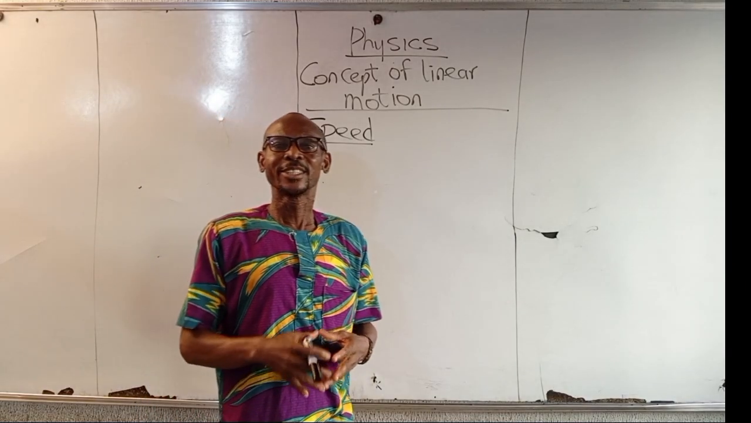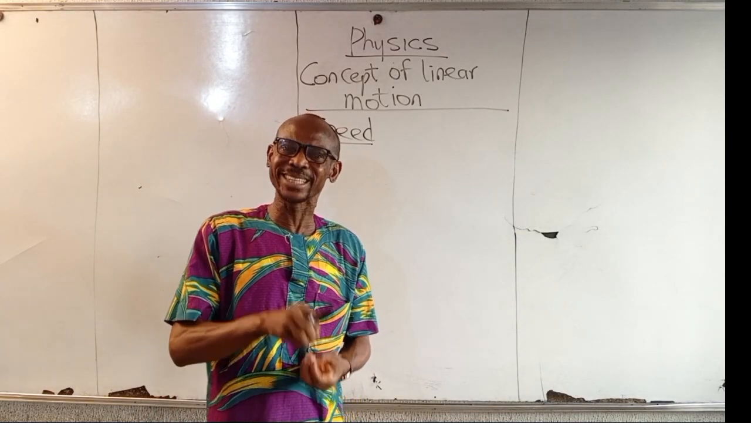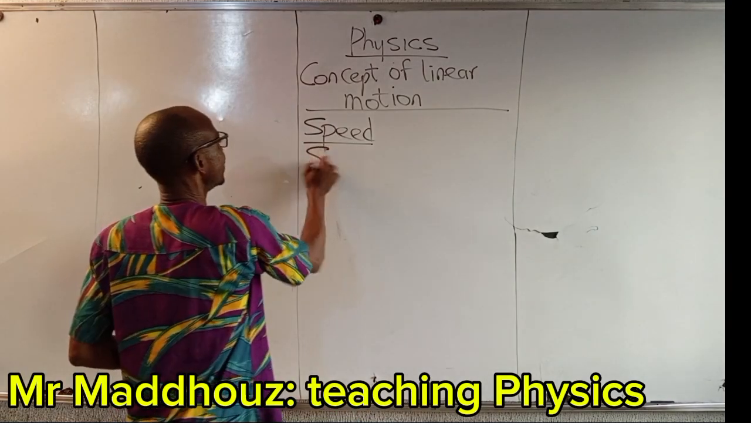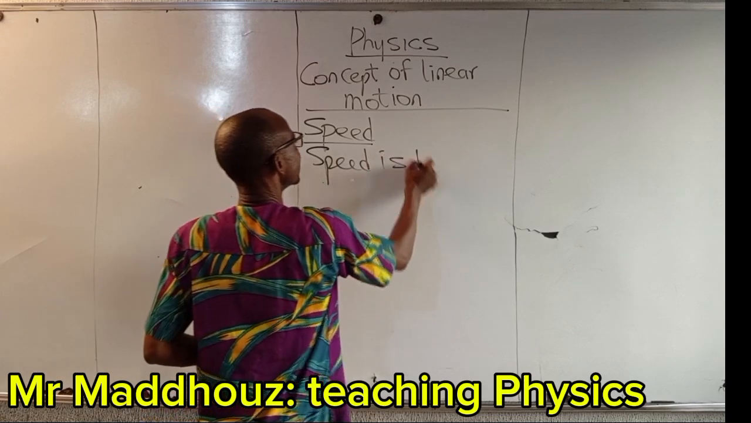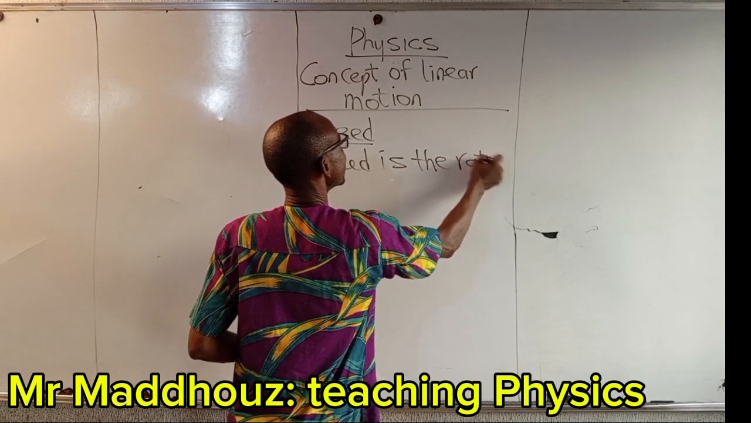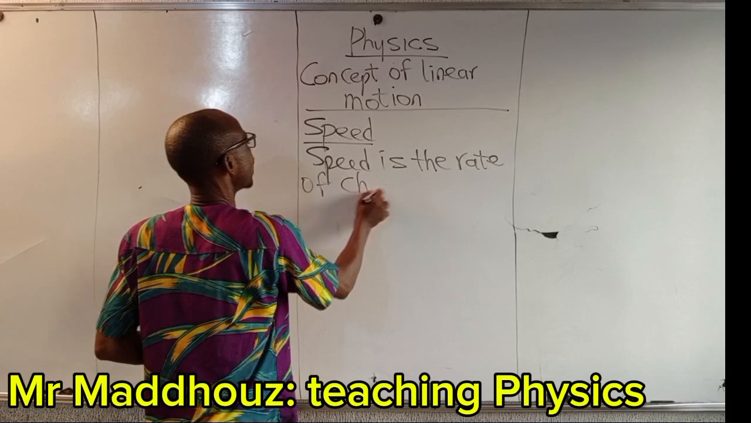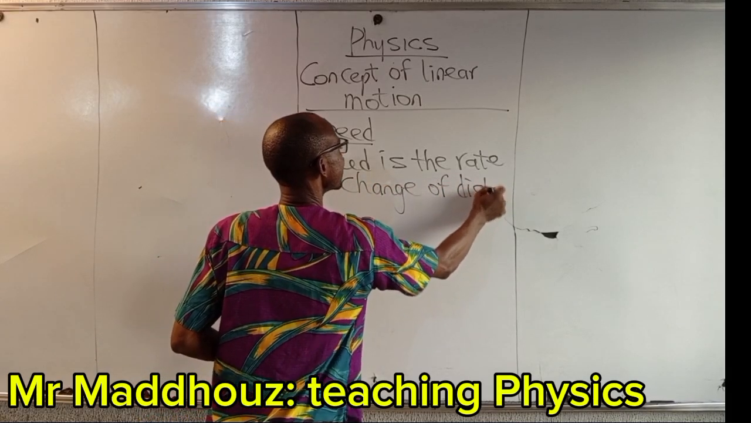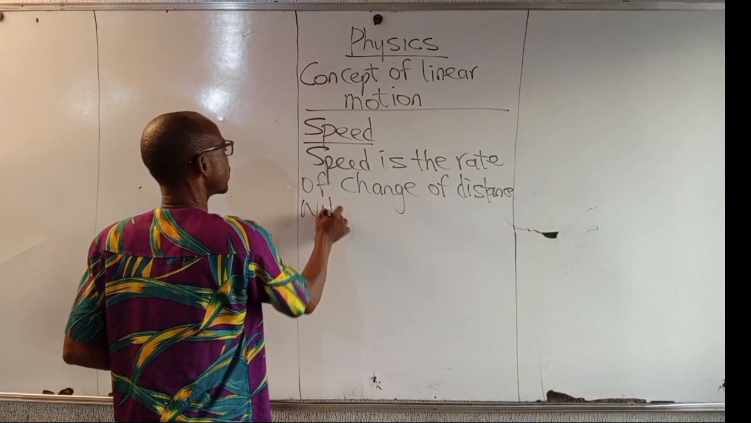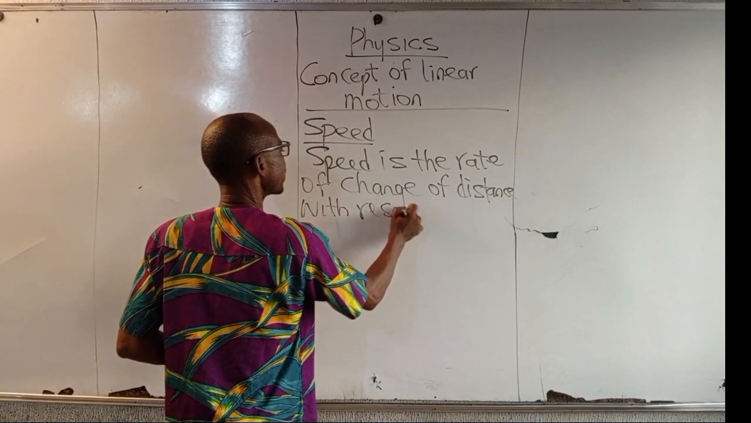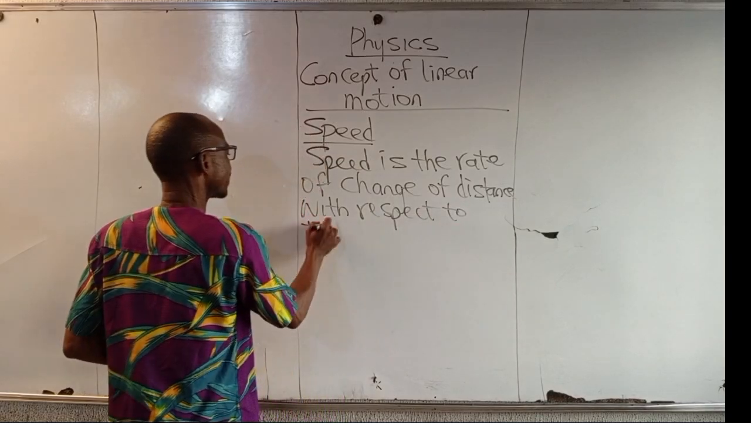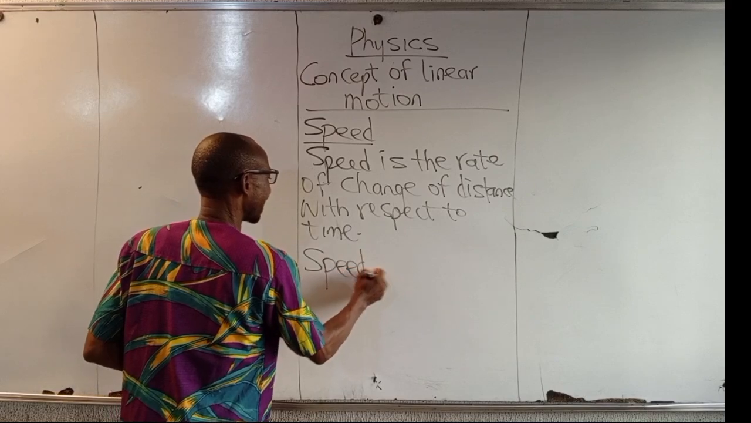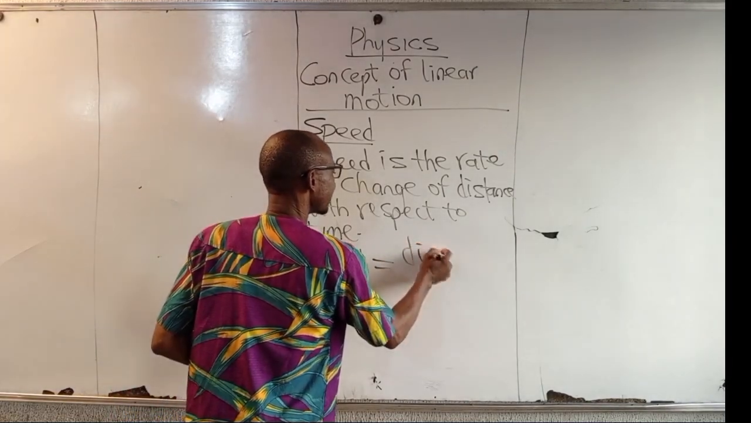Speed is the rate of change of distance with respect to time. Speed is the rate of change of distance with respect to time. Speed can be calculated as being equal to distance